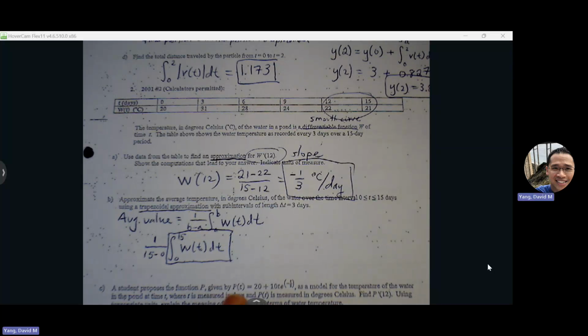And there's a formula for trapezoids, but I feel like in the past students have had trouble memorizing the trapezoid formula. So I think the easier way to do this is to do a left rectangle, then do a right rectangle, and then add them up and divide by 2. If you find the average of your left and right, that's basically a trapezoid. And I think that's easier than going through a trapezoid area formula. So